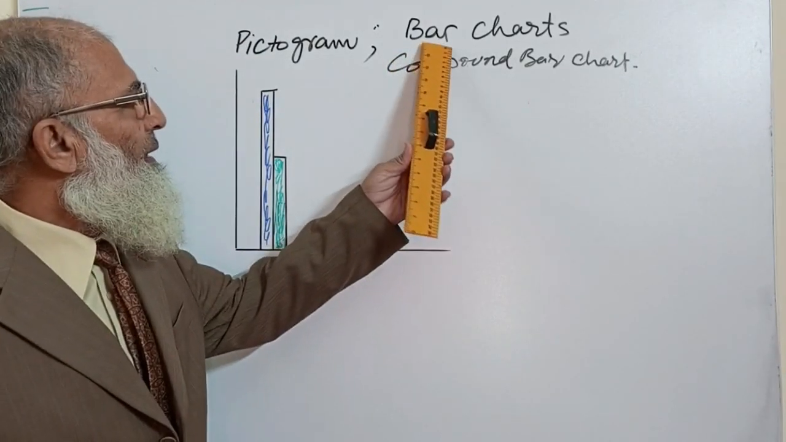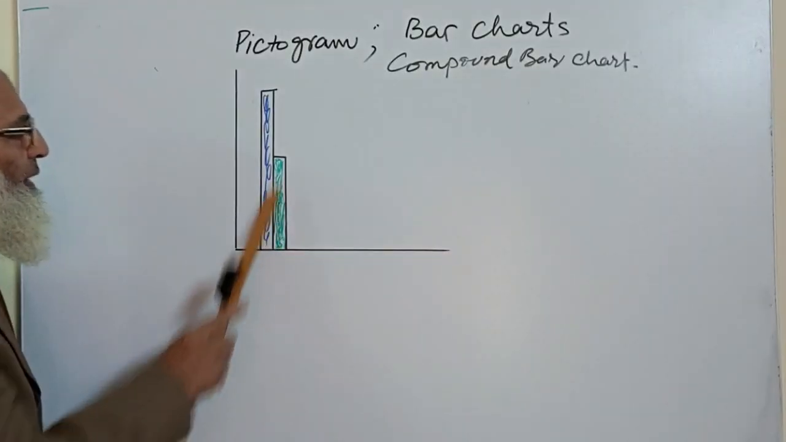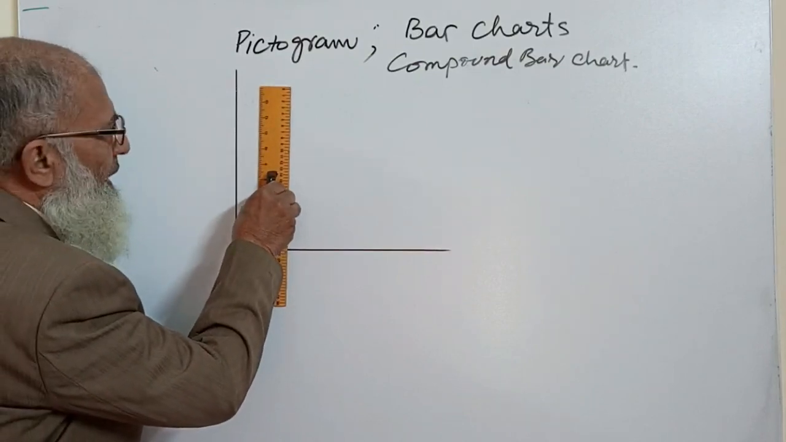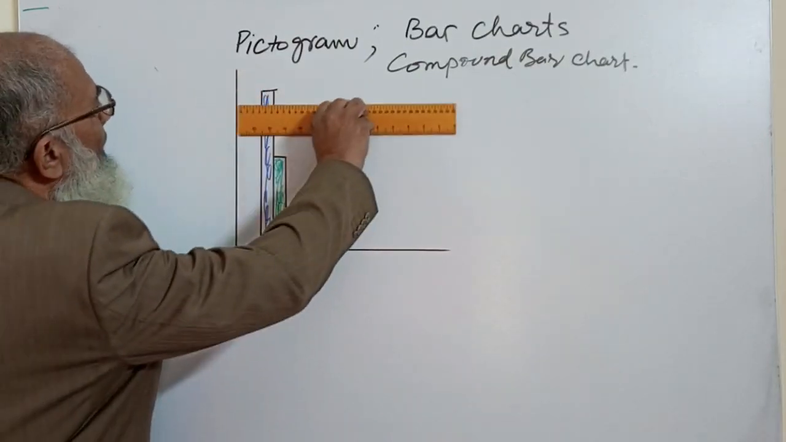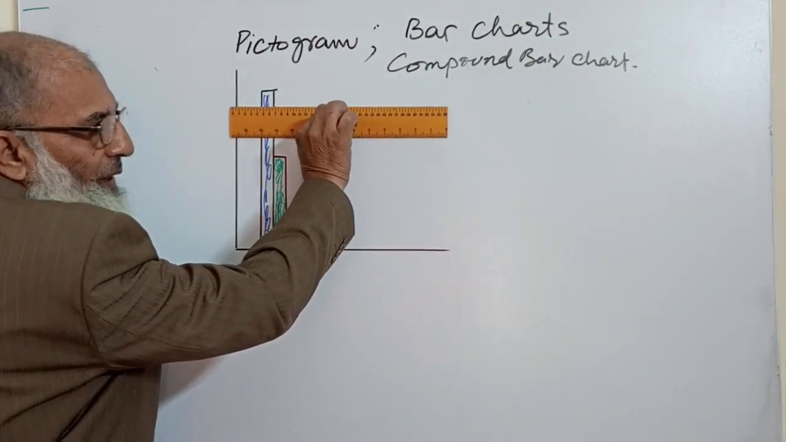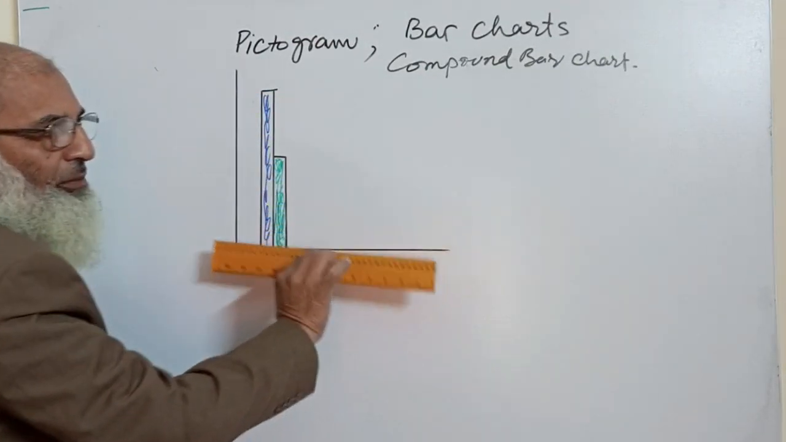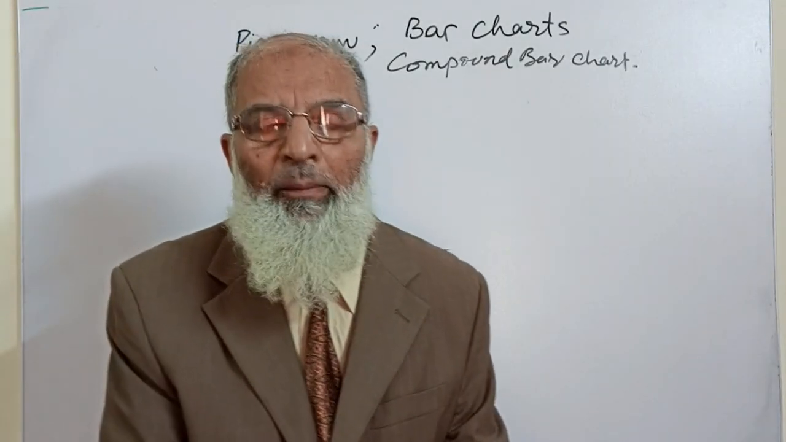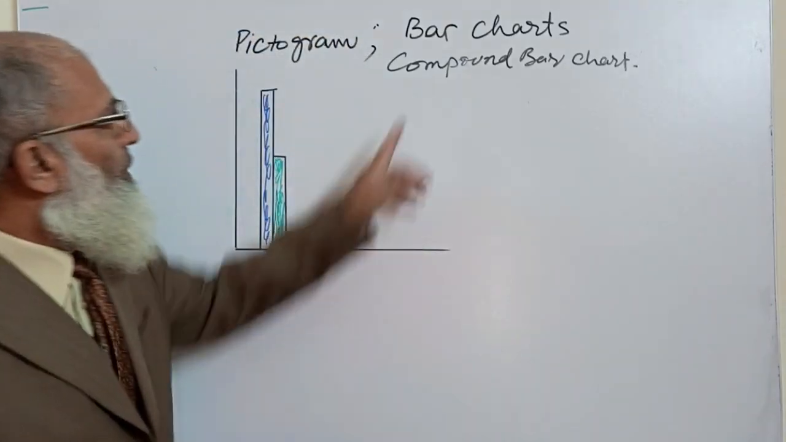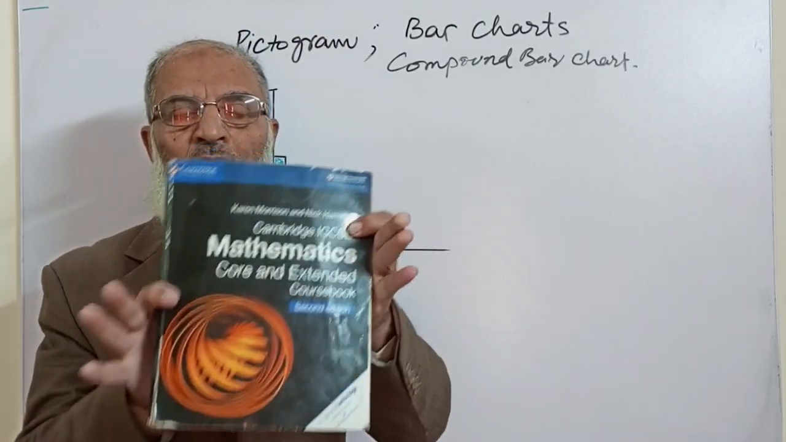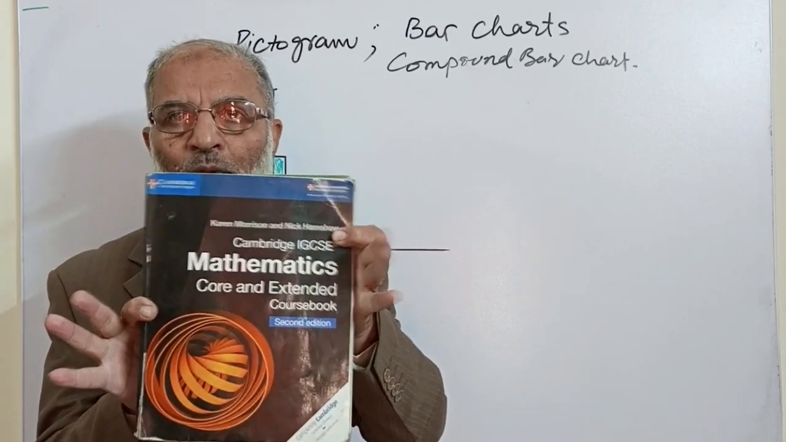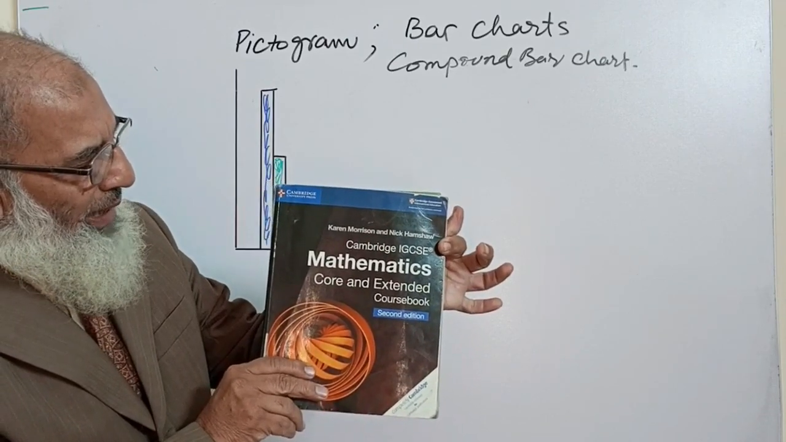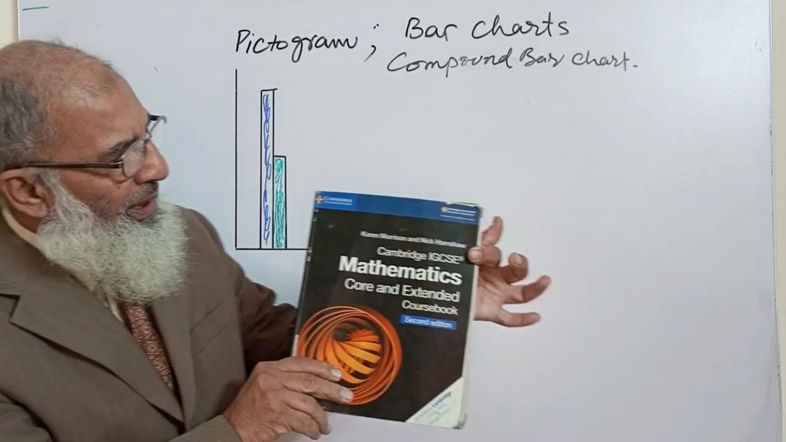In bar charts, we took bars, but single bars, like vertical bars and like horizontal bars, like rainfall in January, February, March, April, and whatsoever. But now what we are doing is compound bar charts, and the book remains the same. A very comprehensive book, and it is Cambridge IGCSE Mathematics Core and Extended Course Book, written by Karen Morrison and